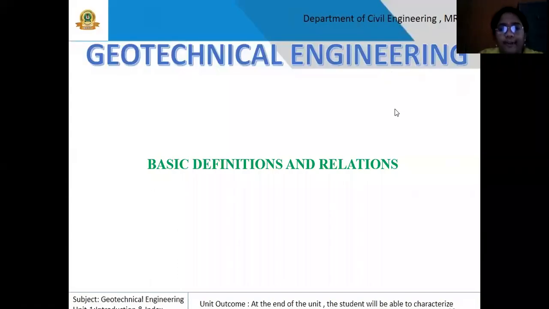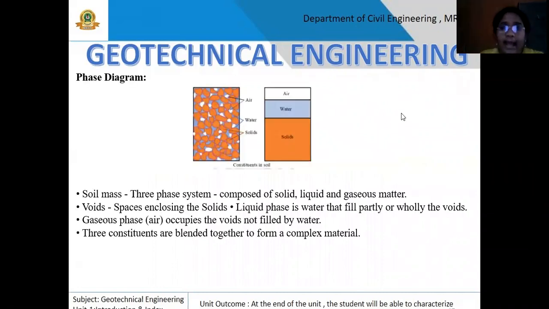So coming to the basic definitions and relations. So this is the phase diagram, and I think I've been telling always that the phase diagram is most important. Any time you deal in the geotechnical engineering syllabus, the entire syllabus you are associated with phase diagrams. Whatever level of study you are, it might be graduate or postgraduate or PhD level also, this phase diagram